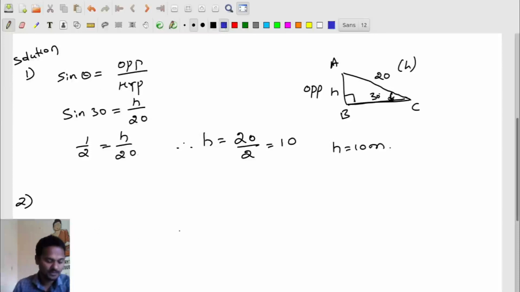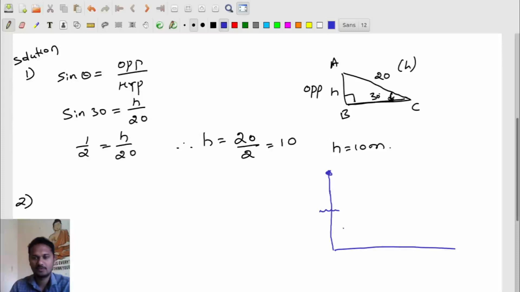Okay, a tree breaks due to storm, right? So let me take this as a tree. Okay, so this is your tree here. So this tree breaks due to storm and the broken part bends so that top of the tree touches the ground, making an angle of 30 degree. Okay, so this broken part touches the ground and makes an angle of 30 degree, right? So this and this are same. So because of storm, it breaks and touches the ground here.